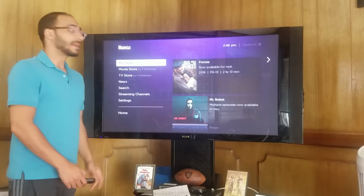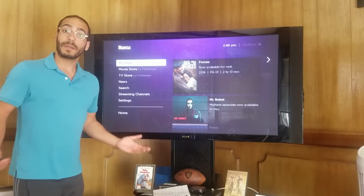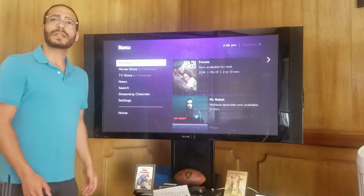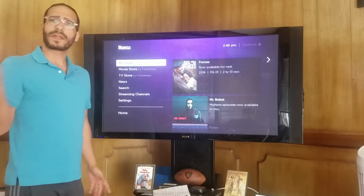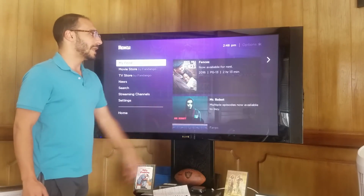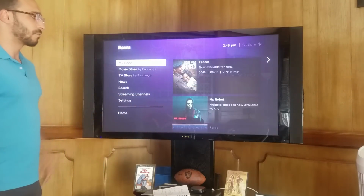My feed gives me information about current movies and TV shows that I am interested in. For example, I have Fences here. I was very interested to see when it would come out onto the Roku, when I'd be able to watch it without having to go to the theaters. Well, it gave me the notification, now available for rent, that I can now rent Fences through the Roku